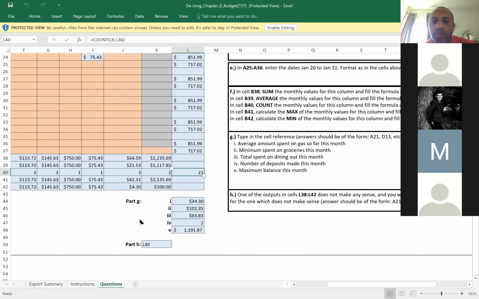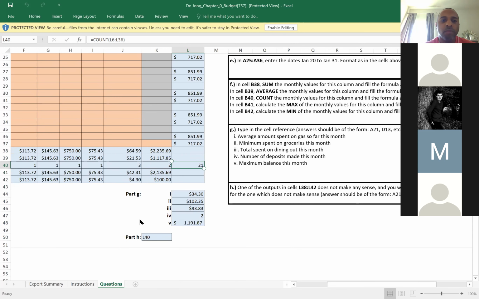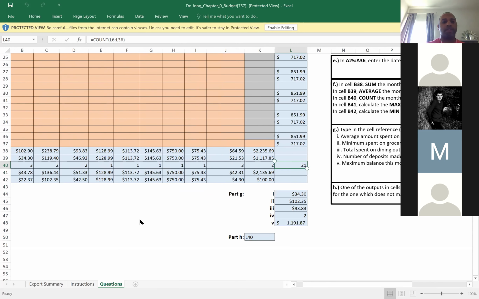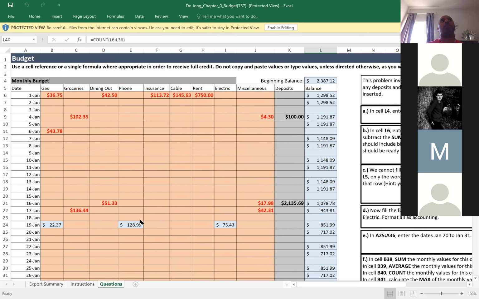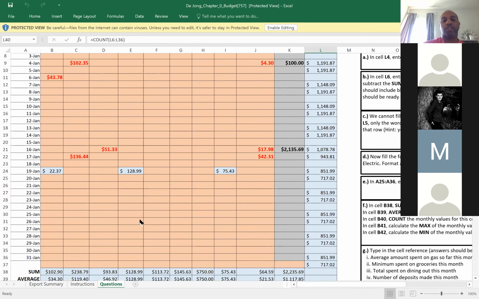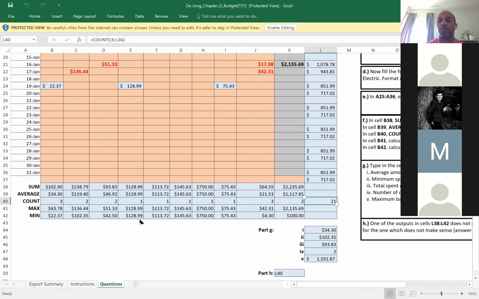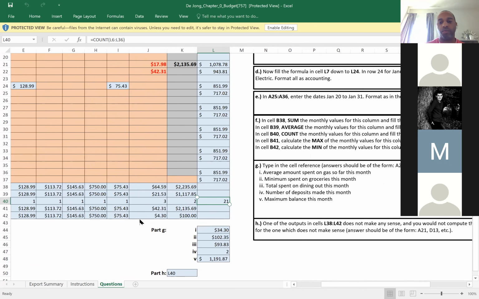Yeah. Okay, so according to what they told you to do. All right. Okay, so if I was looking at this though, not looking at those directions, right? And just looking at it as somebody reading this chart, if you ask me which one of the outputs, now going back to H, which is what you were asking me about, which one of the outputs in cells,